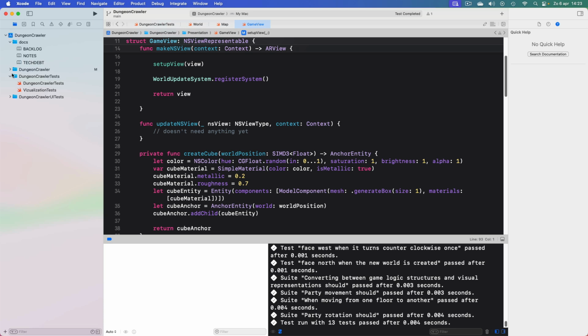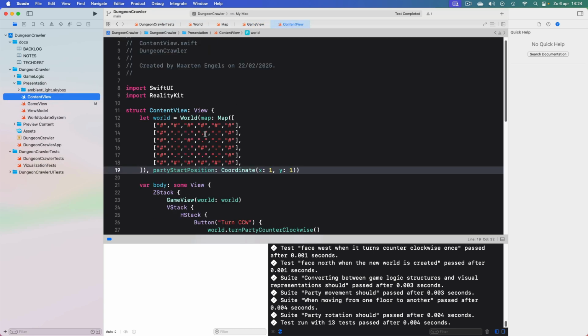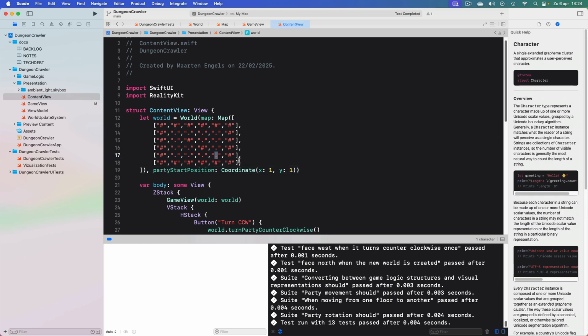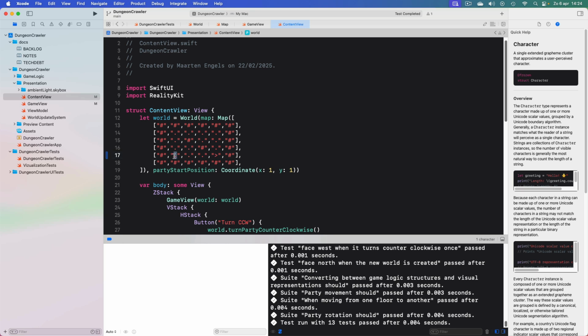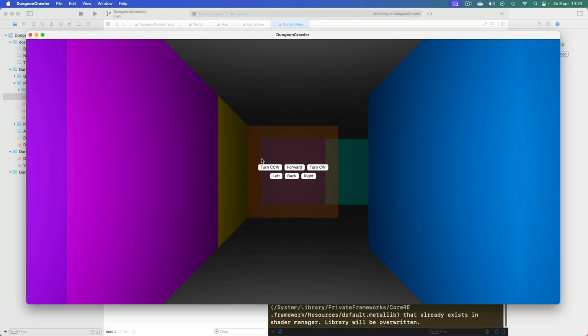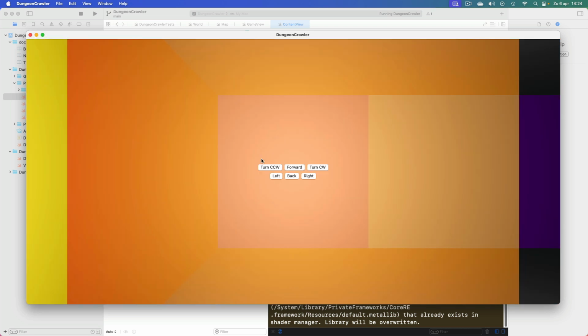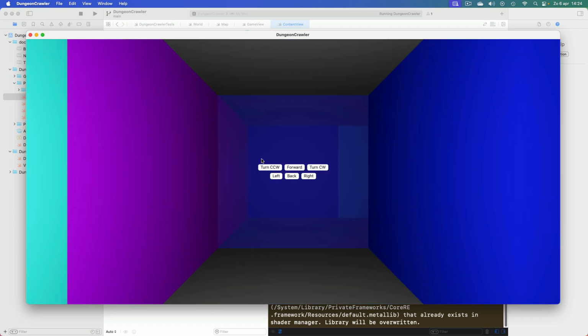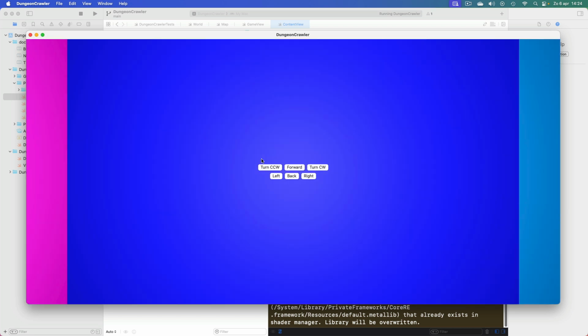So I think these are in our presentation. Right, so we start here. Let's assume that there's a stairs up or stairs down there and the stairs up here. So let's see if we can build and run this. So it looks like this is our stairs because it's transparent. I don't think it's the right color for stairs, but okay. And this one is a stairs as well because it's indeed